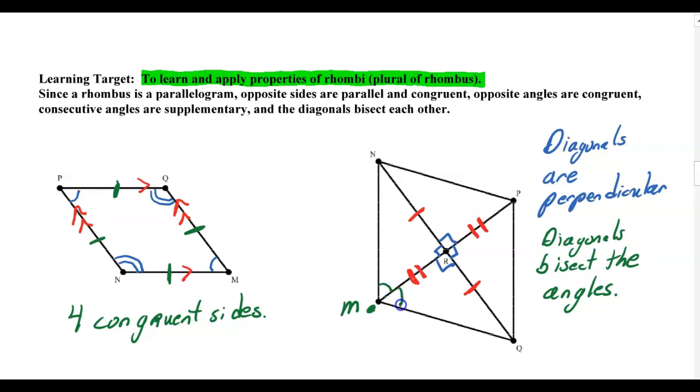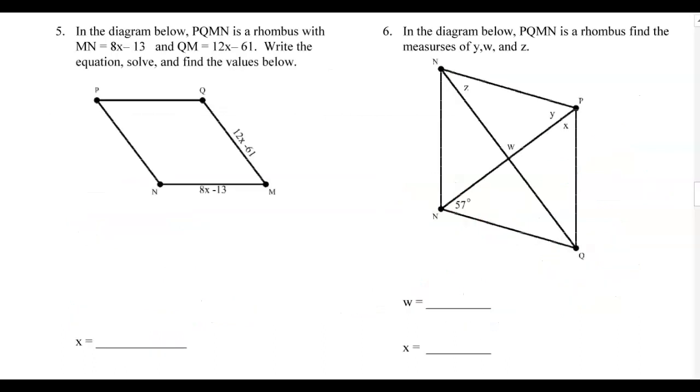So I'll put 1 tick mark down here by NMQ. I'll put a single tick mark up by NPQ. Then I'm going to add double tick marks up at the top and double tick marks down at the bottom. So let's take a look at these 2 examples. So we have a rhombus, and since this is a rhombus, these 2 segments that I'm highlighting in yellow are